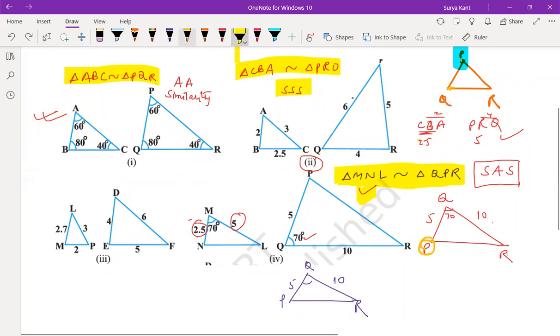Now, what about question number 3? Third part of it. Is it same or different? Third one is similar or not? Third one is not similar. Okay. No, sir, it's not. It's incorrect. 2.7 is not equal to 9. Now this fifth part of it, I'm just pasting over here. Fifth and sixth.